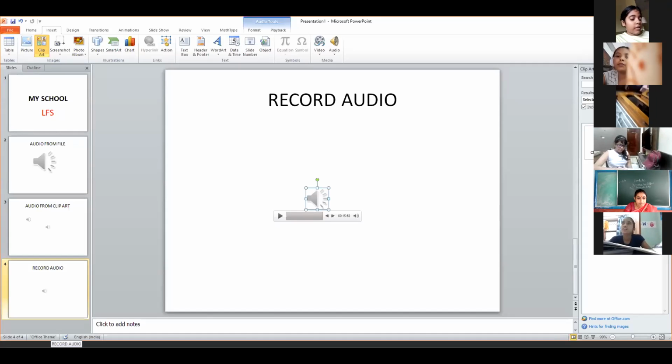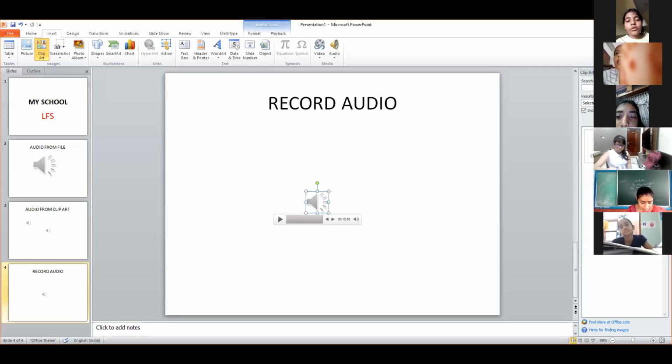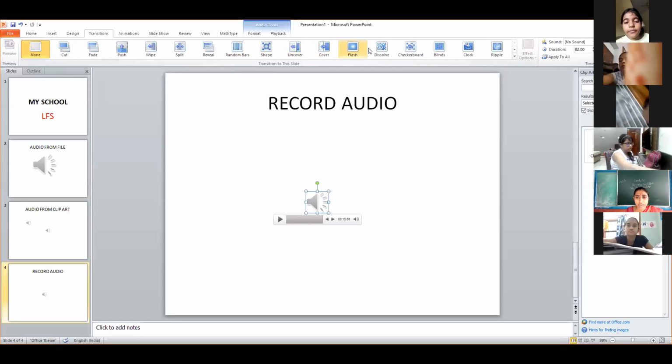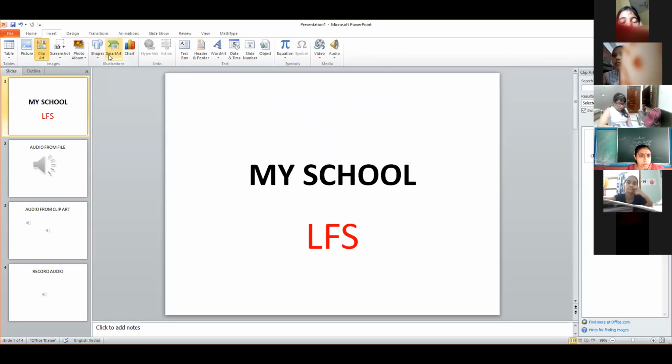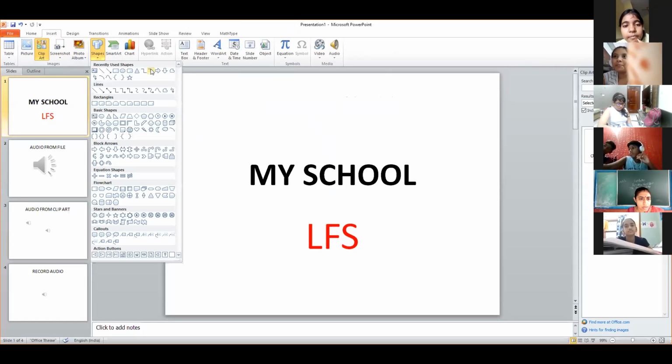Ma'am, in the book, figure 5.2, adding transactions. Transition. Transaction is with money, beta. Okay, ma'am. In this one, an option is given, dissolve. Ma'am, can you show that on Microsoft PowerPoint once? Transition. Here you can see dissolve. Now, for that, I have to insert something. Let's insert some good thing here so that it will be clear to you, with a smiley.